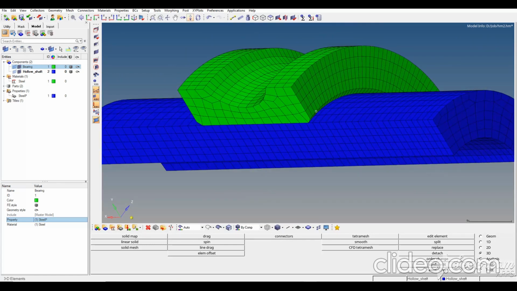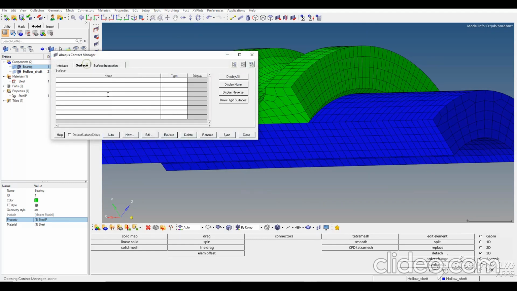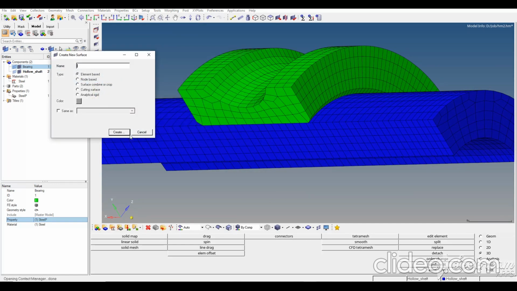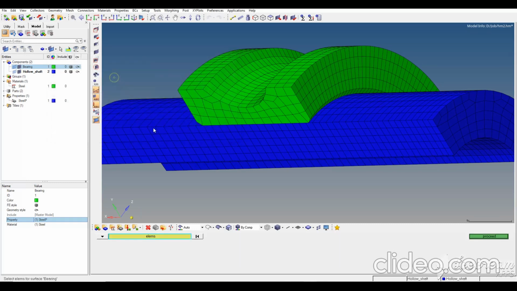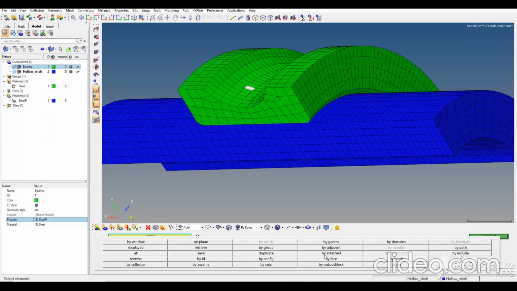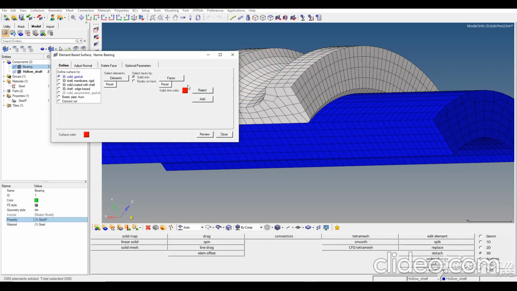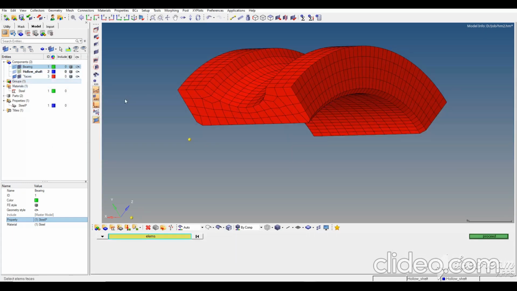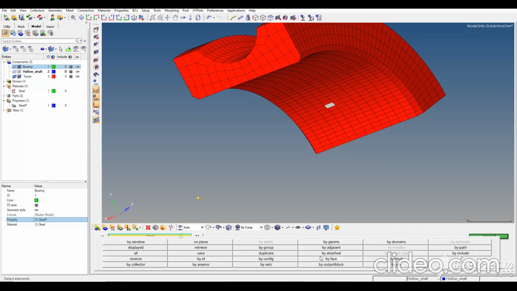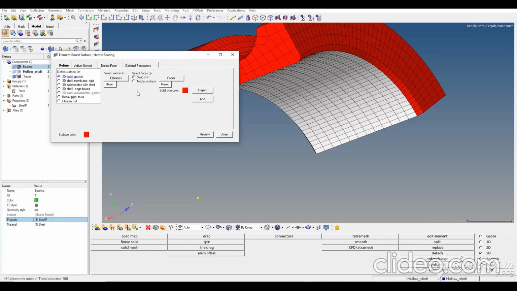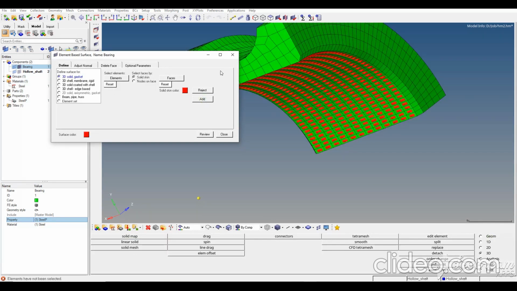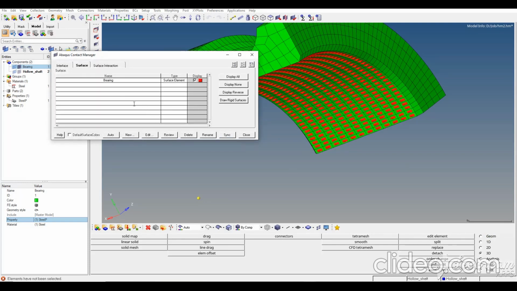So, well, let's go to Tools, Contact Manager. Let's create a surface, bearing surface. Okay, select faces. Okay, close. And now